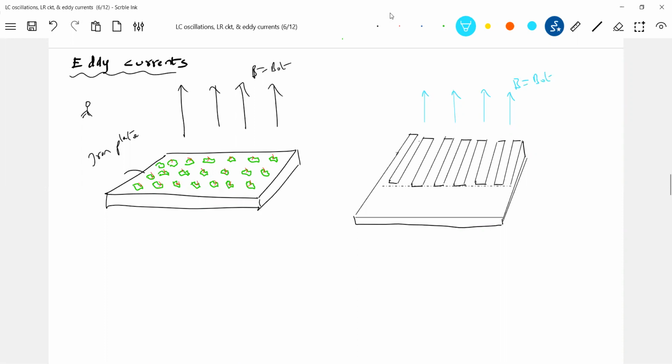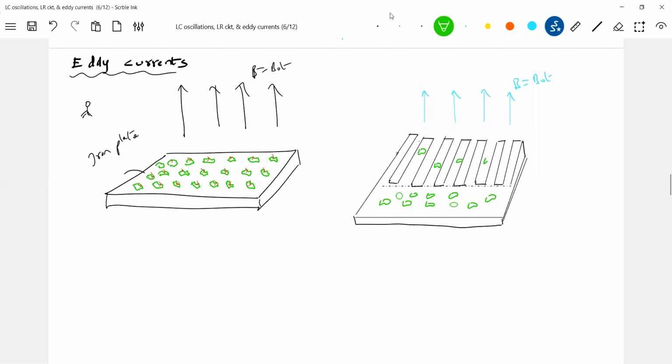A time varying magnetic field. What about here? Here we'll see loops, because here we have a surface. What about here? The gap I'm showing to explain, but a very tiny gap will be there, similar to a comb. Because of this slicing, the eddy currents will not be permitted to complete their loop. They will become incomplete loops. So in this region, we'll see less eddy current. Here, we'll see more eddy current. So here I'll show a few.